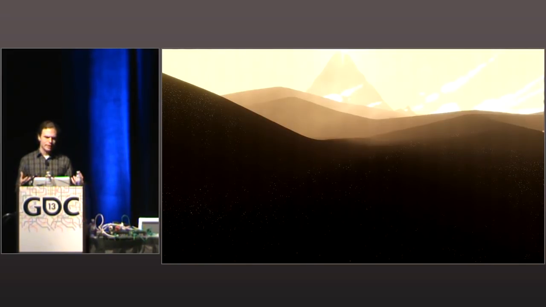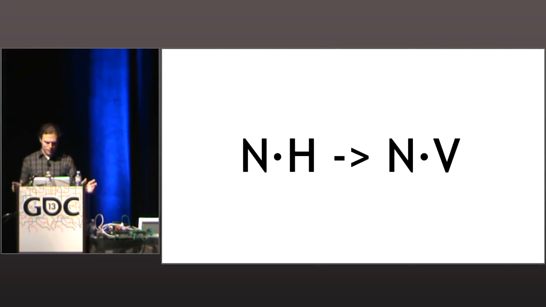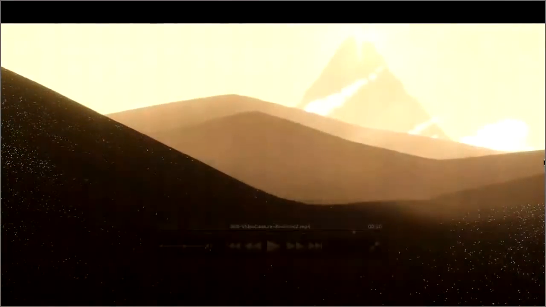So we thought about the feeling of this effect, and really the important part was that when you moved your head, the sparkles, the glitter, would move around. Like at its base, this glitter is a view-dependent thing. And so we just swapped it. On the left, we have the standard, more physically based specular equation, n.h, and then we just switched to basically the most basic view-dependent thing we could think of, normal dotted with the view. And that ended up looking like this,